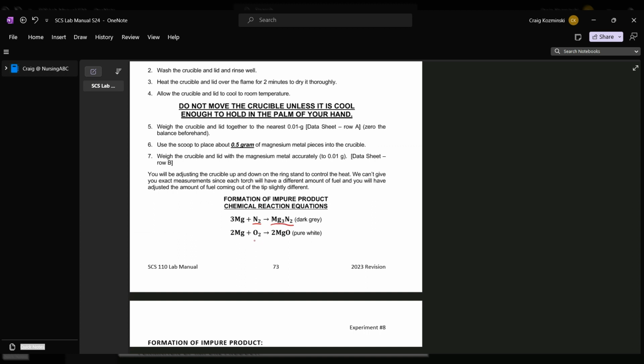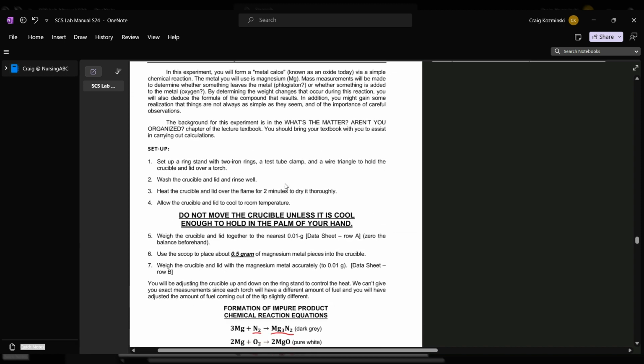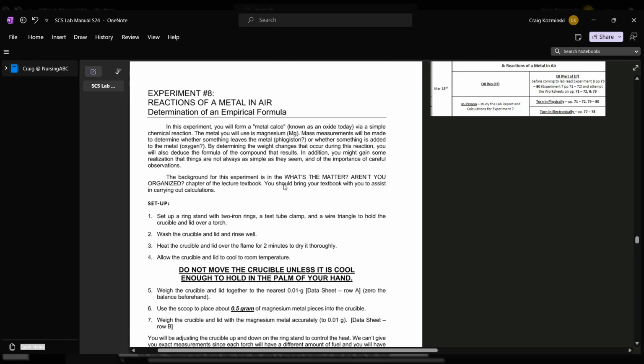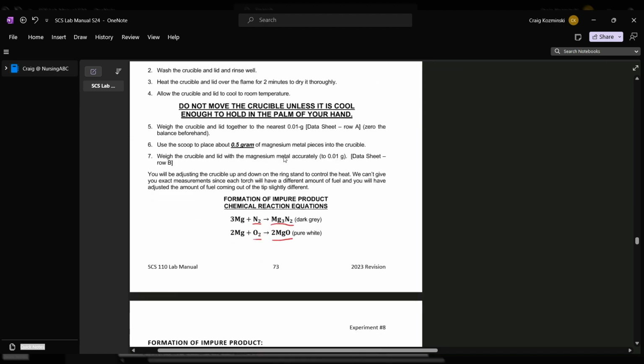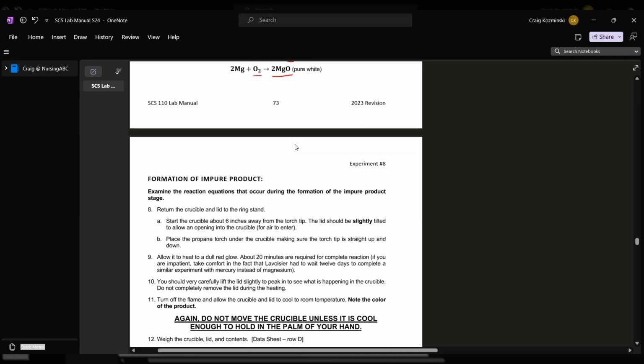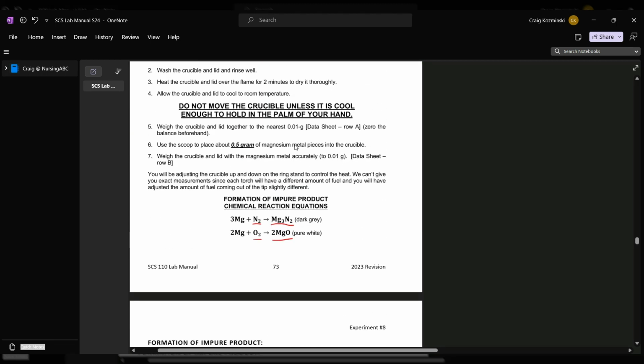Now, we'll also see that magnesium will interact with oxygen gas to form magnesium oxide. And if we were to look at our overall goal of this experiment, you might say that the overall goal is to determine the empirical formula of magnesium oxide. So the second part of this experiment is after we've combusted the magnesium in the presence of air, which has